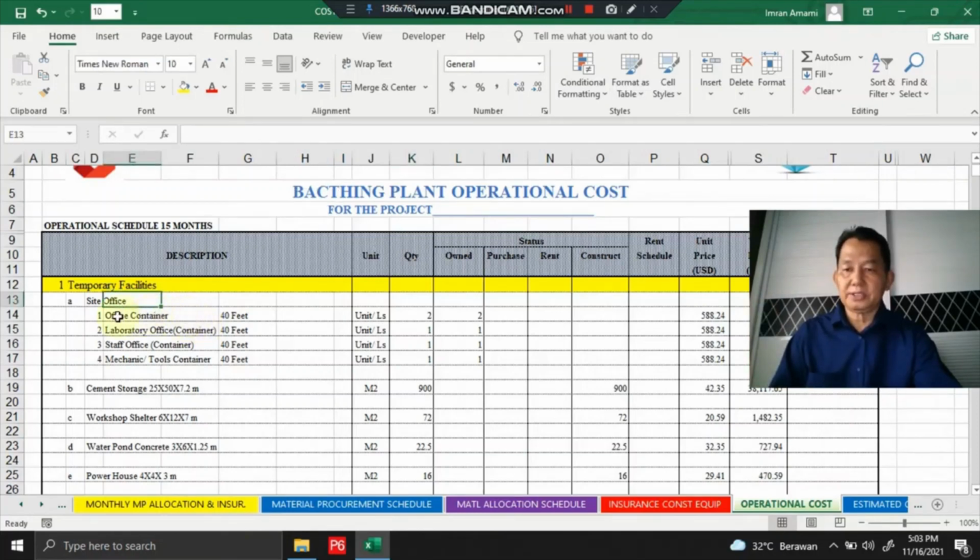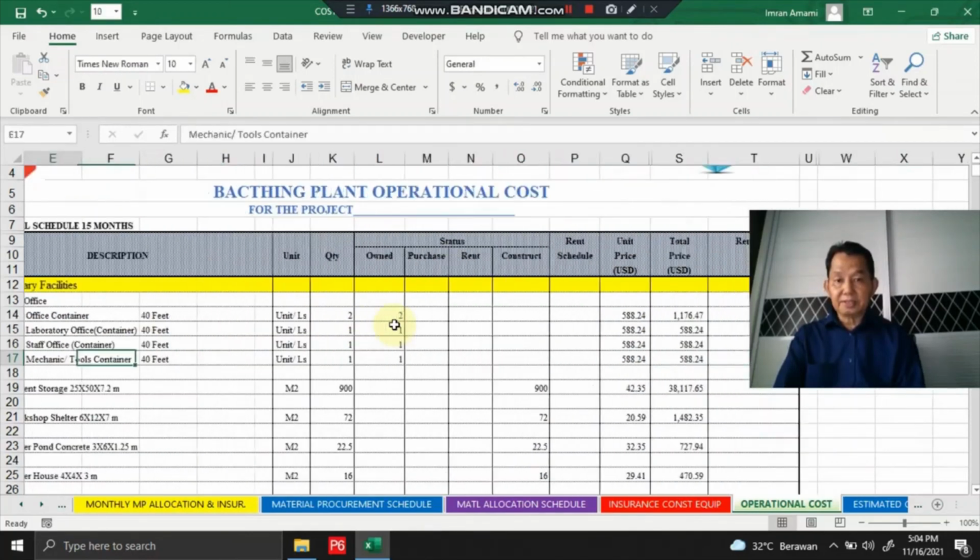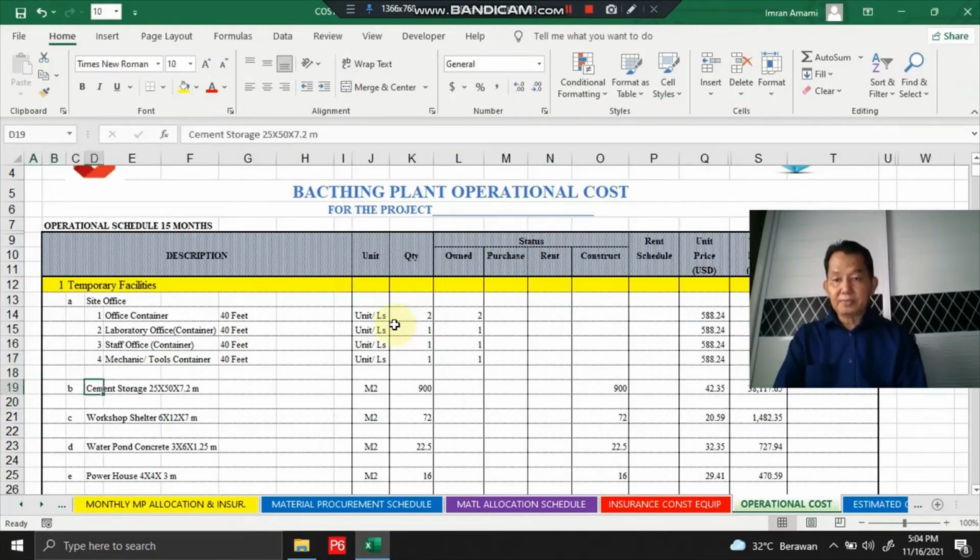Starting from site office, consisting of office container 40 feet, laboratory office container 40 feet, staff office container 40 feet, quantity 2 units for the office container, and mechanics laboratory office container 40 feet 1 unit, staff office container 40 feet 1 unit, mechanic tool container 40 feet 1 unit. And this is the price estimation. Cement storage, construction for cement storage,